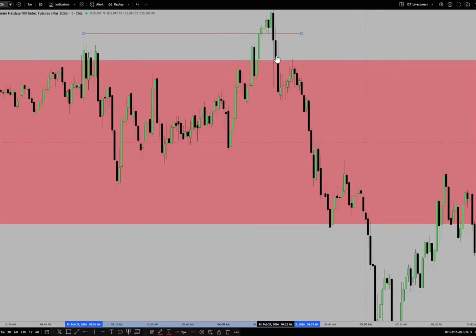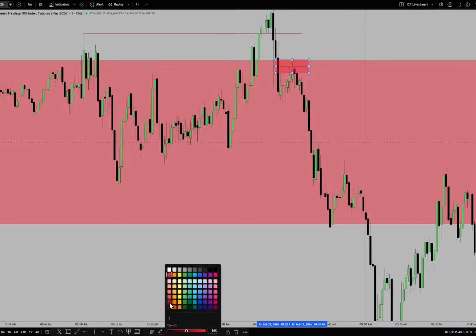This SIBI, because we don't have the wick to the immediate left, is a valid premium PD array. So it would be viewed like this. And let's just make it a little bit darker. Okay. And then,